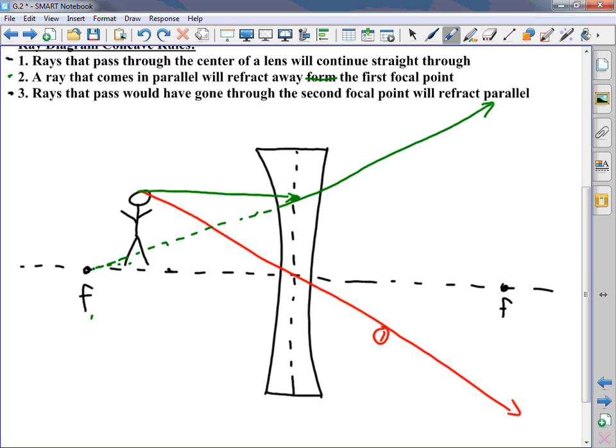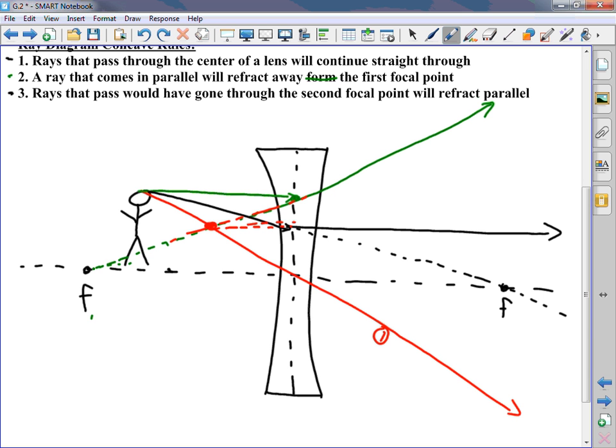The third ray is one that would have gone through the second focal point. So it's like I'm aiming for that focal point over there. If I let it keep going, if I drew this correctly, it should go through. Okay, that's pretty good. It will refract parallel. So in reality, it refracts that way. Once again, the rays diverge. That means I need to trace them backwards. So, tracing everything backwards